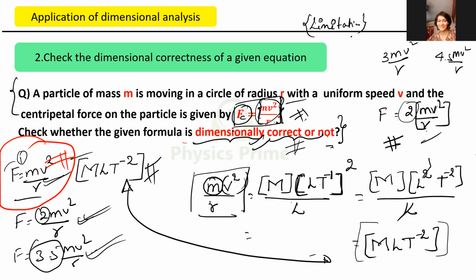Okay, sir. This formula in circular motion we study. What is the formula for centripetal force? They will derive it. But as on today, using dimensional analysis, can you say which formula is correct? No, sir. That's what I want to convey. Any number you keep, that number will not have any dimension. So every formula is dimensionally correct. In these three formulas, every dimensionally correct formula is not a correct formula. Here, this first formula is the correct formula also.